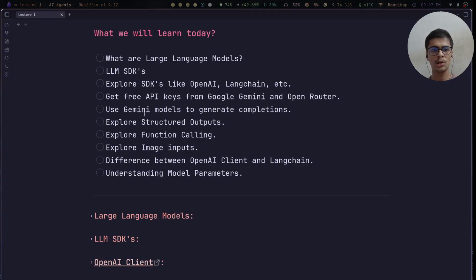We'll also explore what function calling is and how to enable tools, because normally a basic large language model doesn't have enough context of what is going on in our environment. So it needs proper functions to understand the context. We'll also explore how to provide image inputs to the model. Then we'll understand the difference between the vanilla OpenAI client developed by OpenAI